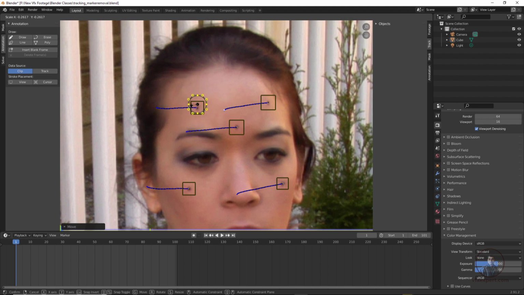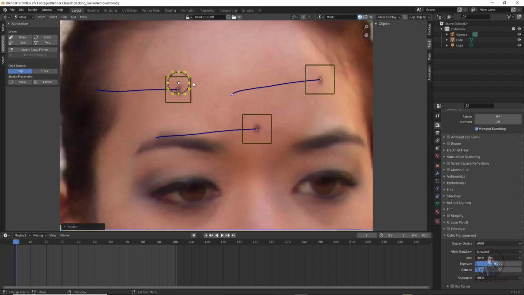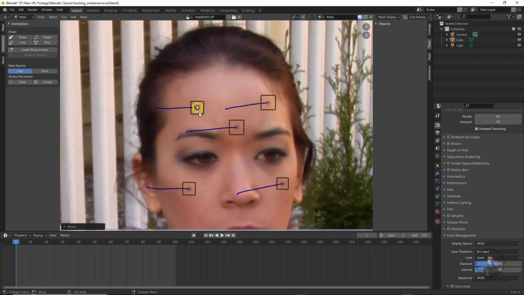Remember this one, you have to adjust this size according to your markers, because you have to cover your markers with these shapes. Now again G for the move tool and place it here. Maybe it is a little bit small, so press S and adjust a little bit. You only have to cover this marker. Remember this one. Now click it and press G for the move tool. Easily we can place it here. Maybe this is looking good.